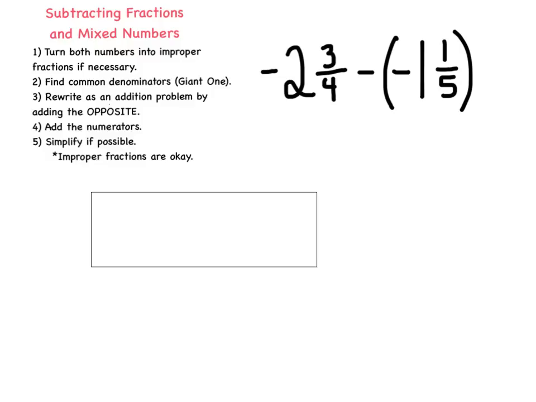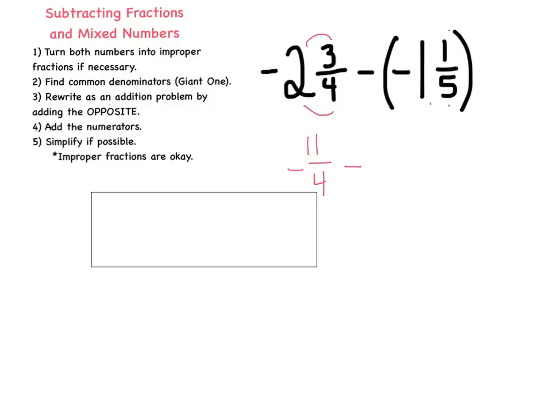Let's take a look at our last example. All right, we have negative 2 3/4 minus negative 1 1/5. First things first, always turn both numbers into improper fractions. So in this case, we have 4 times 2 is 8, plus 3 is 11. So we have 11/4, and bring down my negative, minus, and now I have 5 times 1 is 5, plus